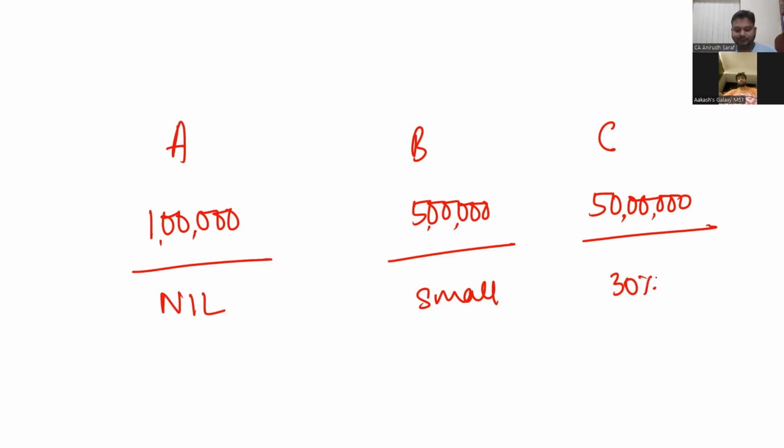Why is that so? In the previous case, two people having the same amount of income but different sources of income were not paying the same tax, because different sources of income are taxed differently. In this case, the source of income is the same for all of them. All of them are employees in a private company, so they get salaries. But it is a concept that those who have higher incomes pay more. Those who have moderate income pay less. And those who have very little income don't pay income tax at all.